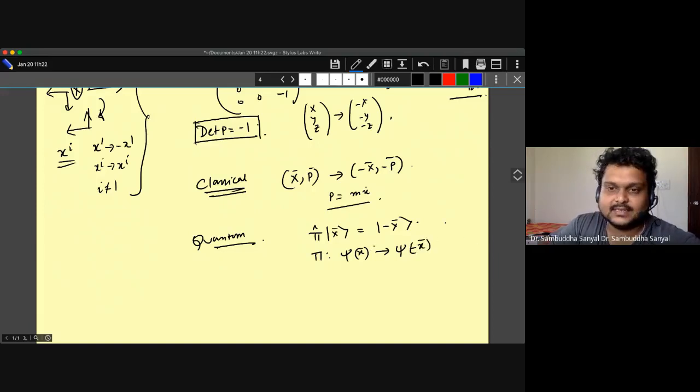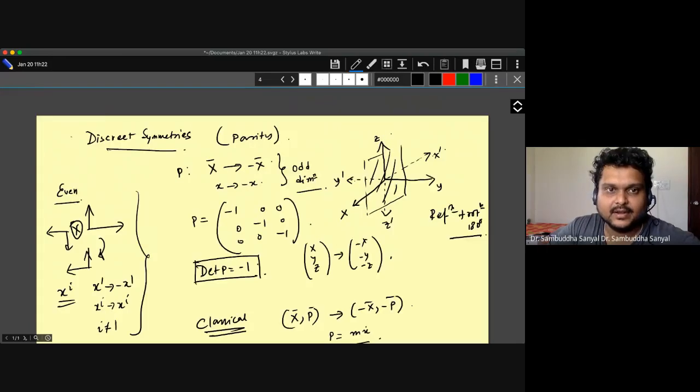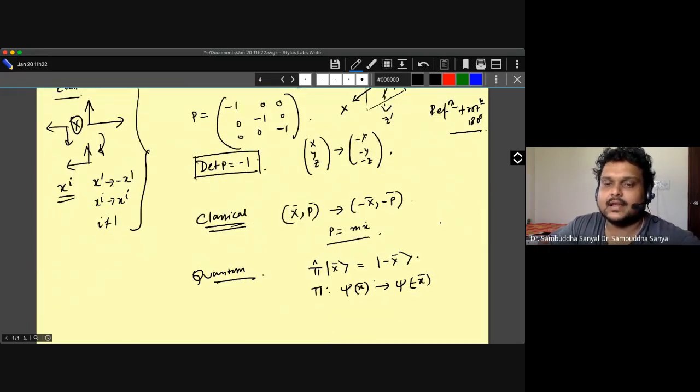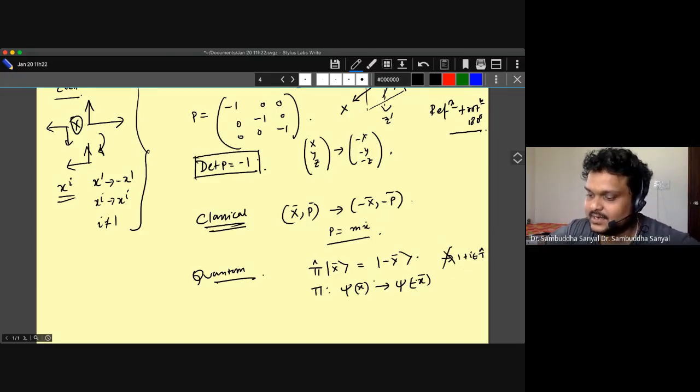Notice that this is a discrete symmetry which you have already seen, and that's because there is a reflection involved in it. That means you cannot do a continuous small tiny transformation and write it in a form like 1 plus i epsilon times a generator. So there is no such thing. So there is no Lie algebra, Lie group structure.